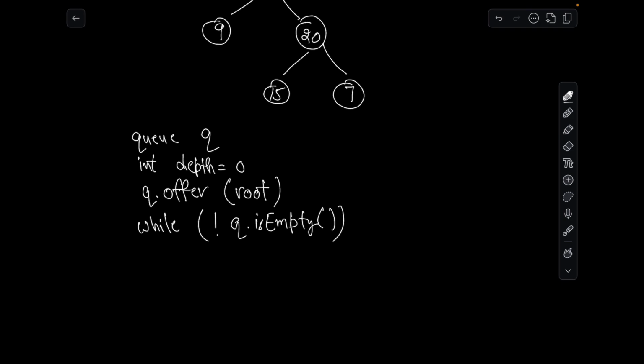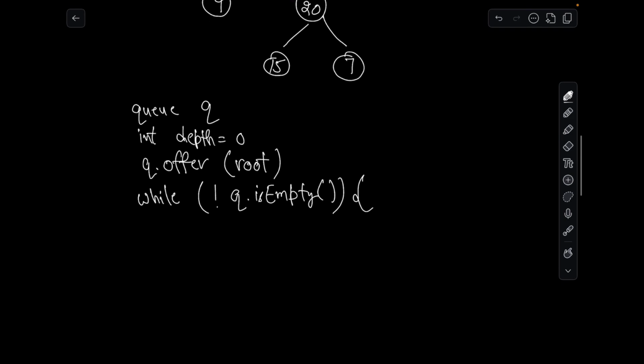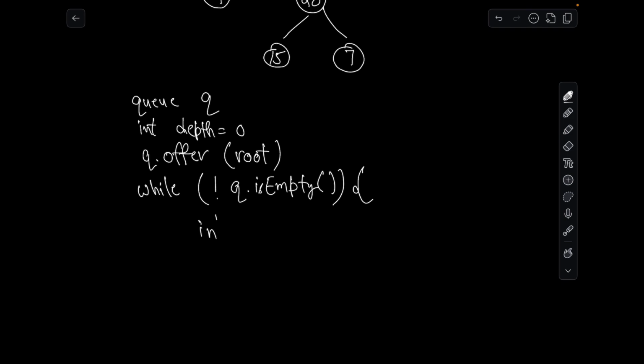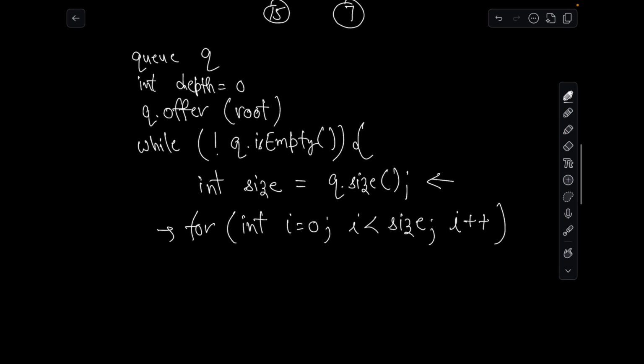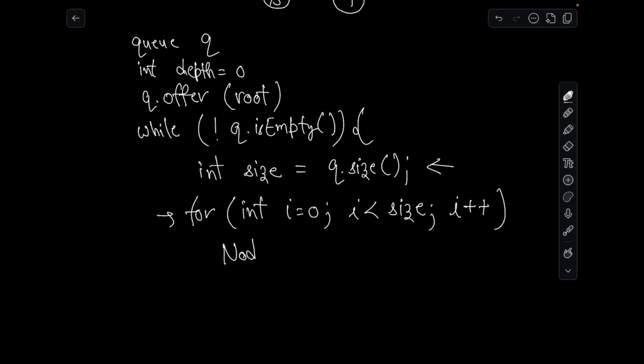If your queue is not empty, then it means there are some nodes which you need to traverse in the current level. Okay, so I'll traverse all the nodes in the current level, but first I need to know the size of the current level. So what is the size of the current level? Why I'm doing this, I'll get back to you guys later. You will understand why. So now you will traverse all the nodes at this particular level. Okay, if there are 5 nodes, this loop will run 5 times, and you will be extracting each node from the queue,